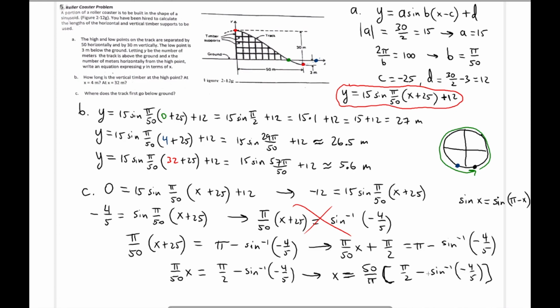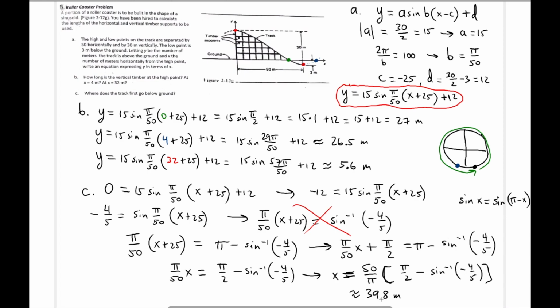Make sure when you calculate arcsine of negative 4/5, you're in the radian mode because you're dealing with pi's, right? That's radians. So first you find the arcsine of negative 4/5, negate that answer, and then add the pi over 2, then set equal, and then multiply by 50 divided by pi. So once you do that successfully, what you should get is about